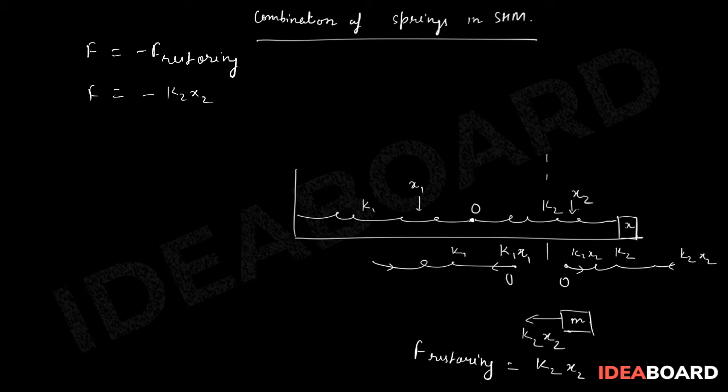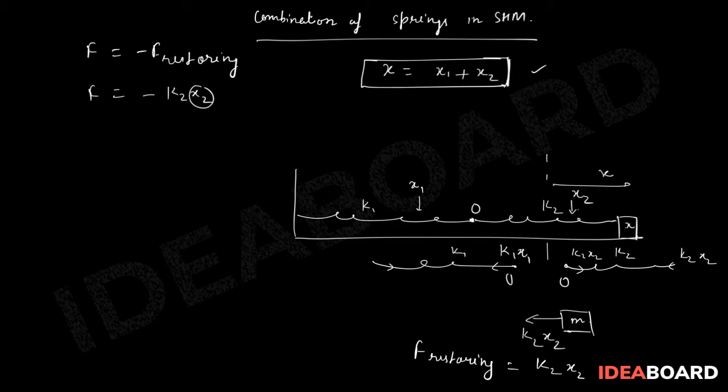Now the problem is that generally we show that F is proportional to the displacement, and here the particle was displaced x, right? This distance was x initially, but here you can see this is x2. So we do not want x2 here, we want a relation with x. So one thing I can say is that total extension will be equal to x1 plus x2, because this has to be true. If this is not true, then everything is wrong. So ideally it cannot happen. Springs are massless, so this is the situation which has to be satisfied.